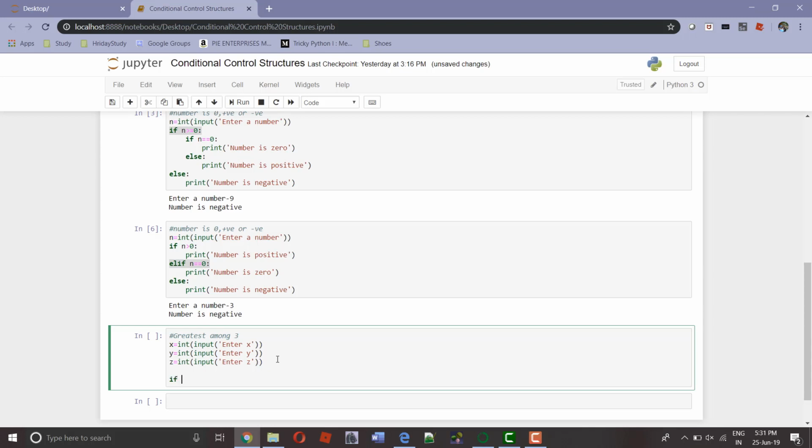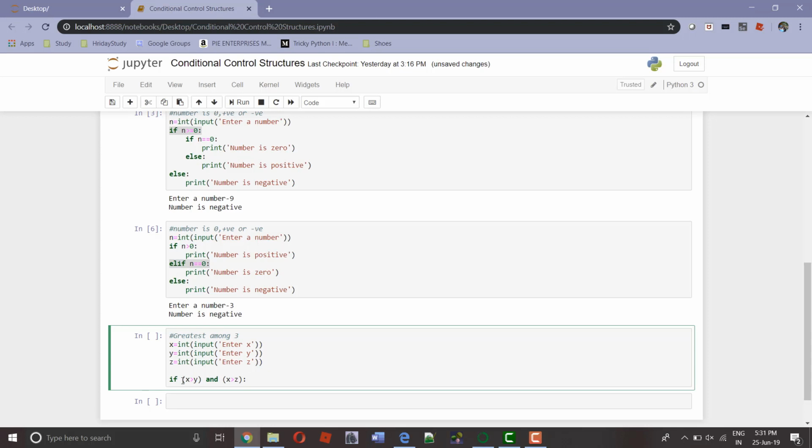So here I gave if, and my first condition to be tested is if x is greater than y. I am using the logical operator AND here because AND returns true when all the given conditions are true. So I want x is greater than y and x is greater than z. In that case only my if body should be executed.